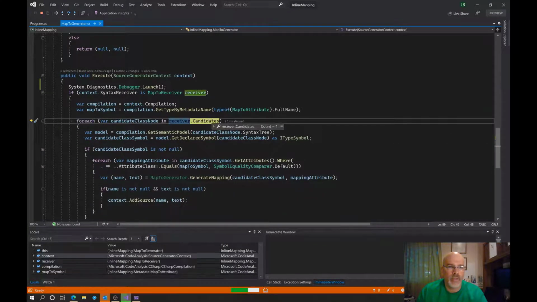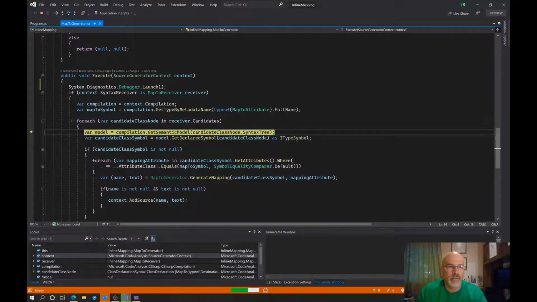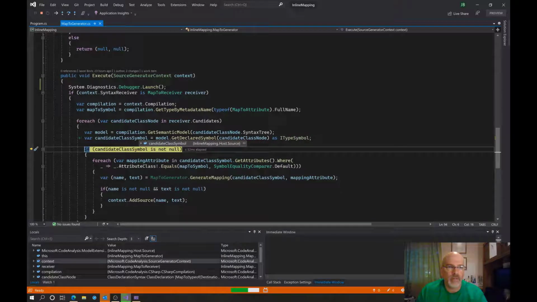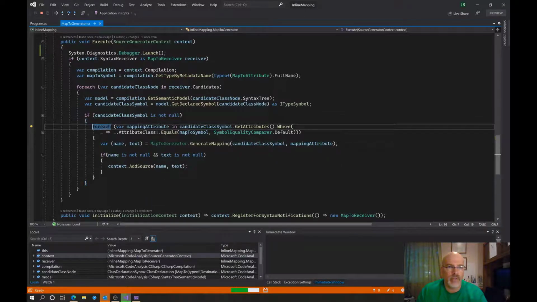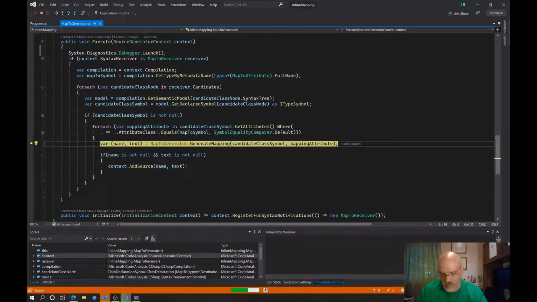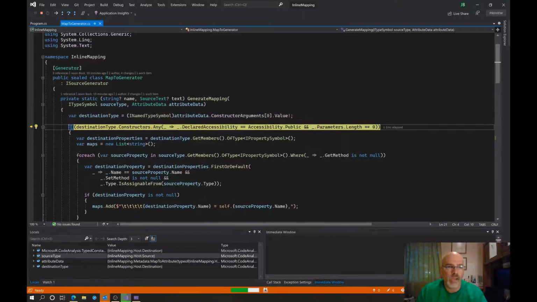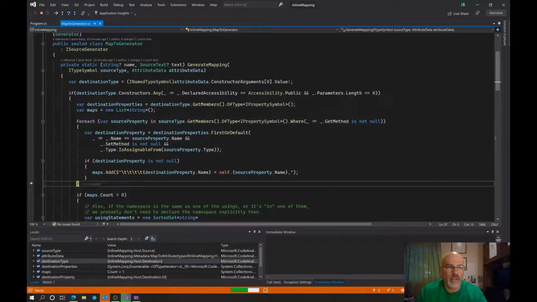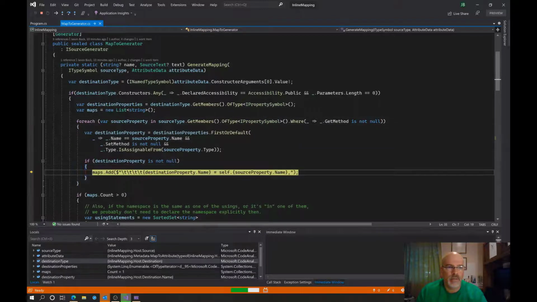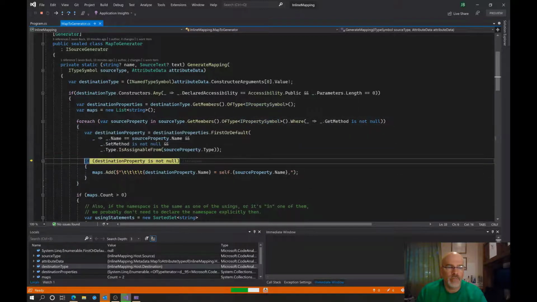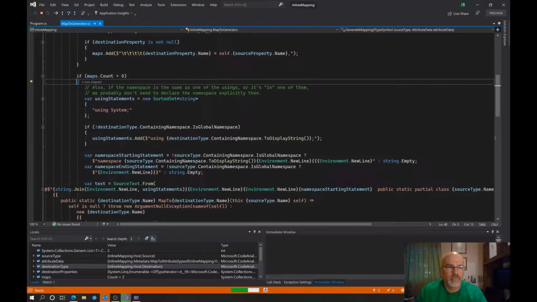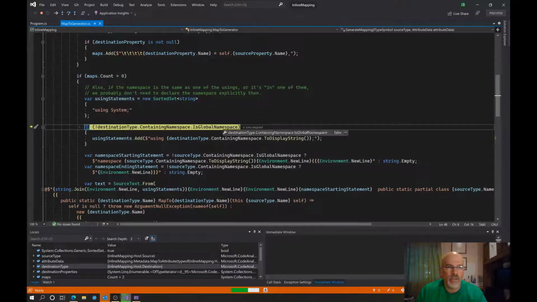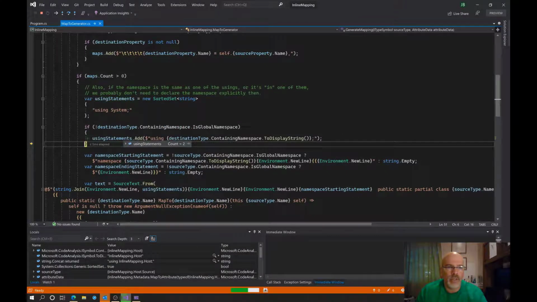It knows that. Do we have candidates? We have one candidate. Okay. Candidate class symbol is a source. It's not null. Let's come into here. Destination type is a destination. We have that. Come into here. Okay, so we're adding that. So we got the 2. Okay. So we should have